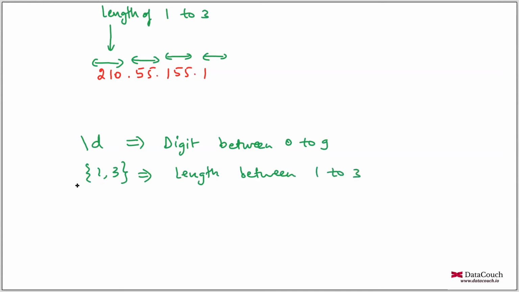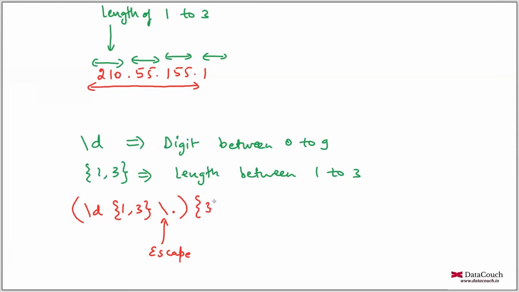So what we are doing here is writing a regular expression to define this. We are saying \d{1,3}, which means a digit of length 1 to 3, and then a dot with an escape character, because dot has a meaning in the regular expression language. We want it not to be treated as a regular expression meaning, but as a literal. So literally a dot should be there. And this particular pattern repeats one time, 2 times, 3 times.